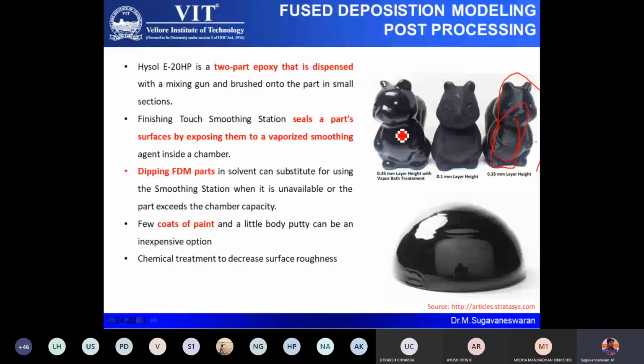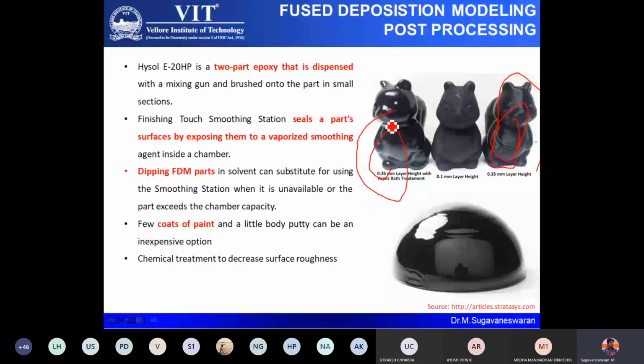Here the post-processing method used is vapor smoothing. You keep the part inside a container. The bottom of the container has acetone or some low-melting-temperature material, a resin. This resin will get vaporized, and this vapor will adhere onto the component for a certain period of time or certain cycles.